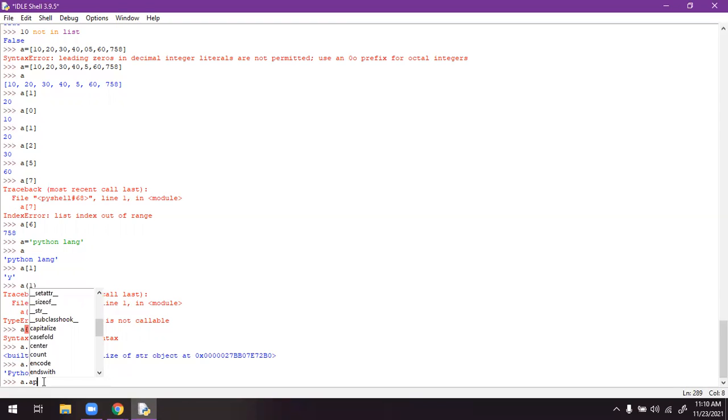It is not showing. A dot, find, format_map, index, isdecimal, isnumeric, join.